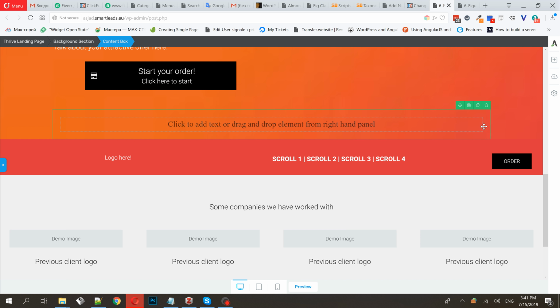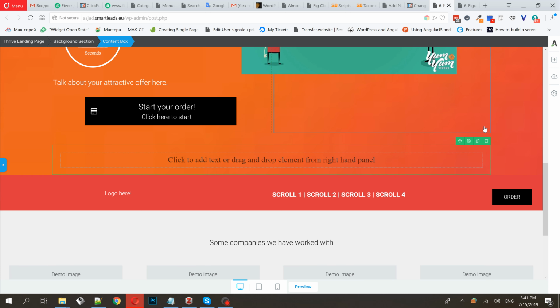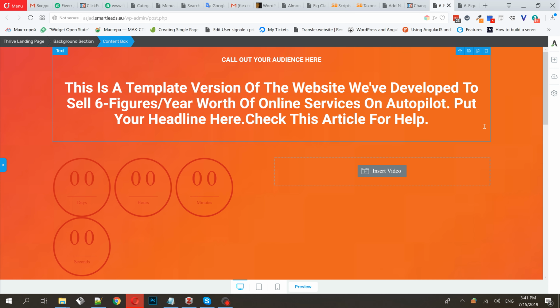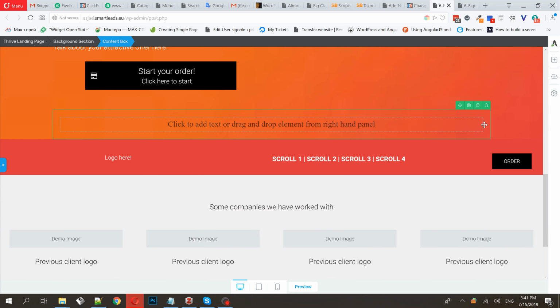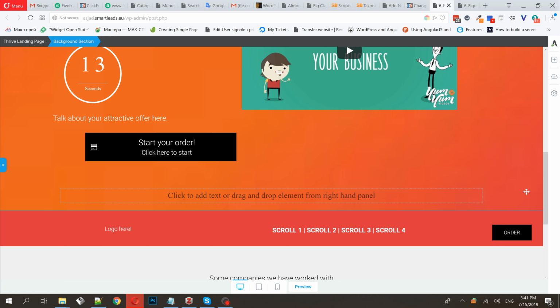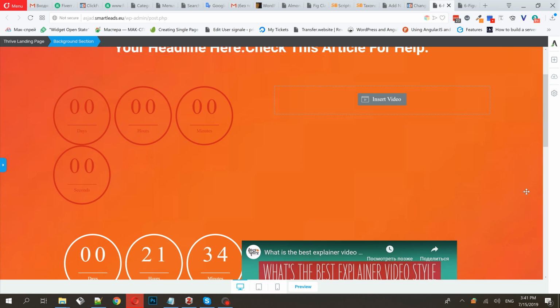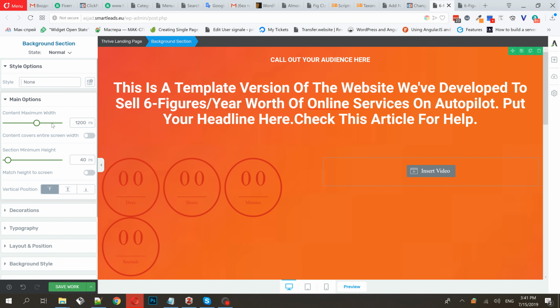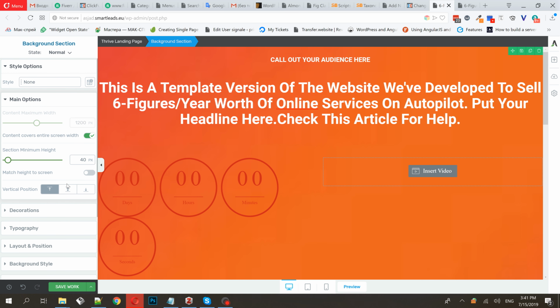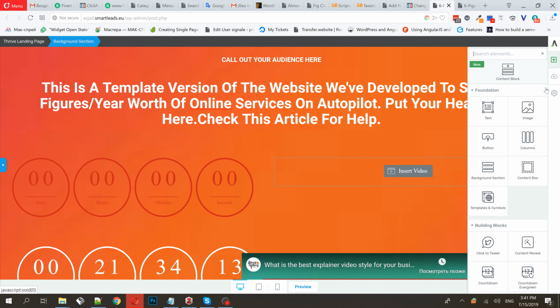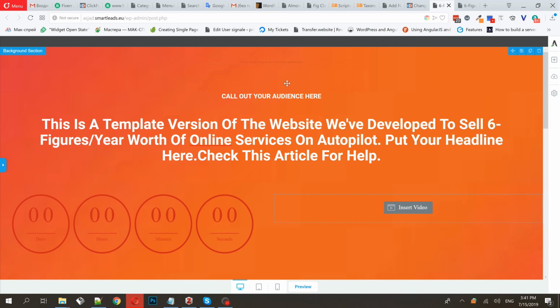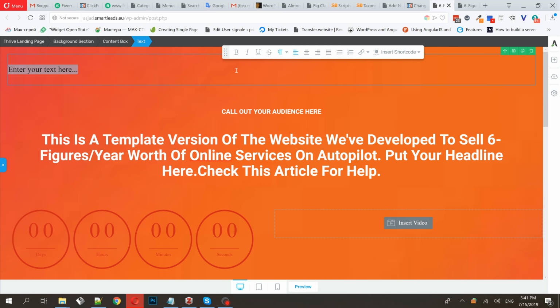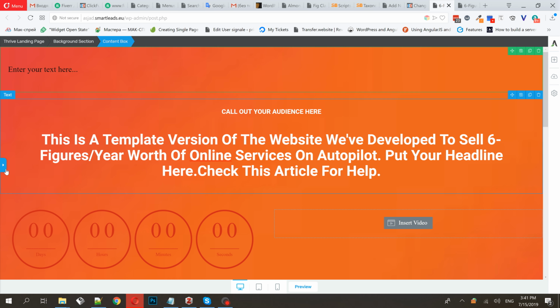This content box should be full width. So we must do the next thing: we must make this background section indeed full width, but we also must use the content width, which will be